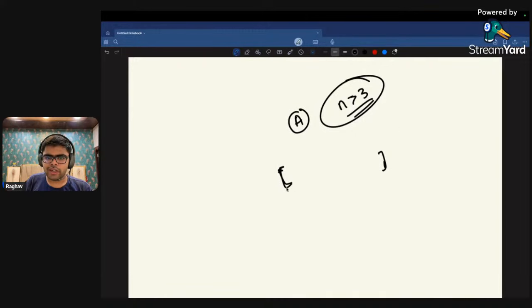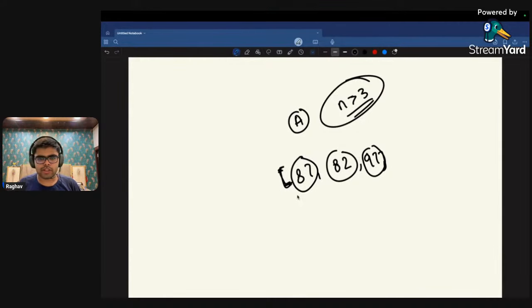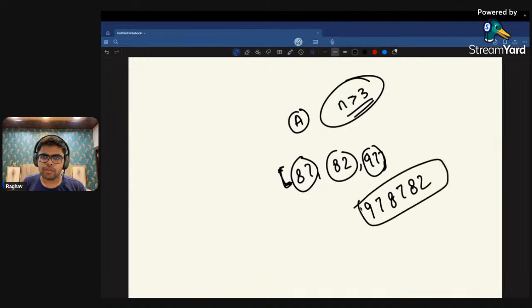of some integers. Like you would be given some array of integers, maybe 87, 82, 97 or something, and you will have to find out what can be the largest possible number formed by concatenating these numbers themselves. So in this case, the maximum number you can form is 978782 by concatenating them, right? So I won't really discuss the complete solution for this problem, but it was done by sorting these numbers,